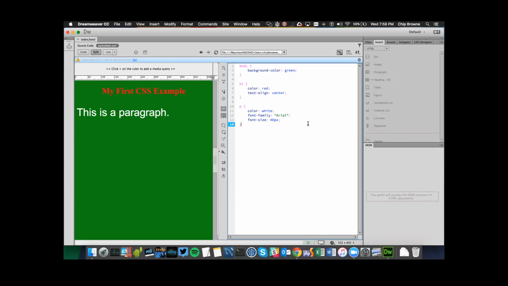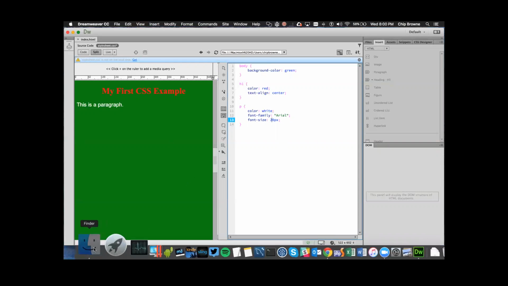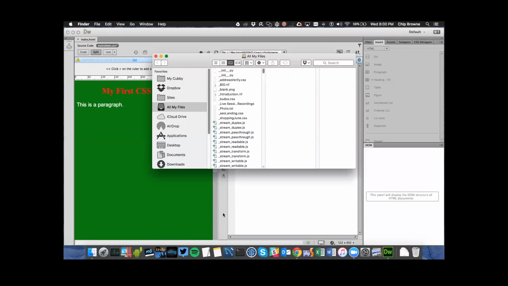And we'll bring it down 10 pixels maybe. So what I'm doing is I'm making tweaks. I'm going to go back to 20. I'm making tweaks in the external style sheet. It's external because it's its own file, because we now have it in